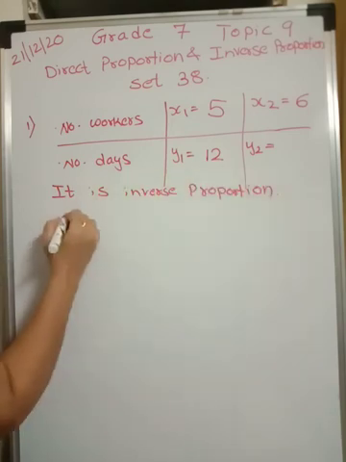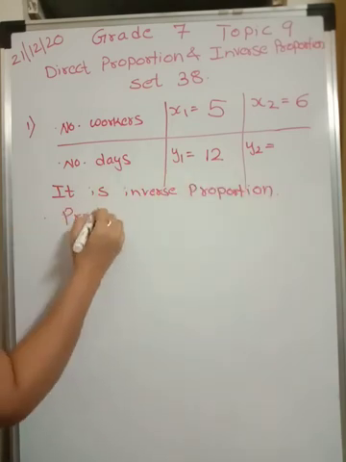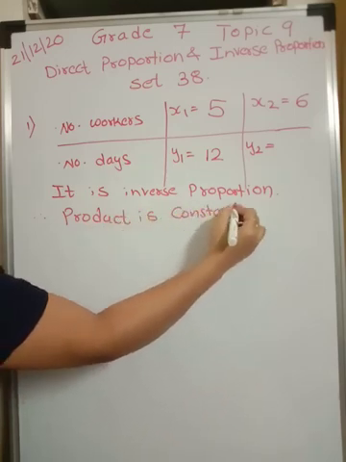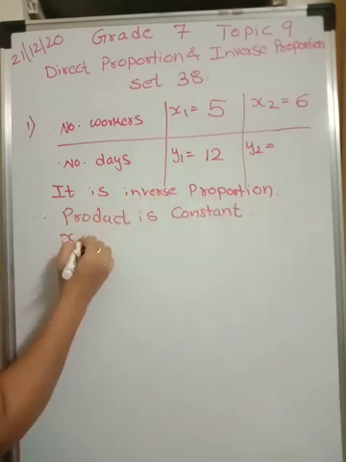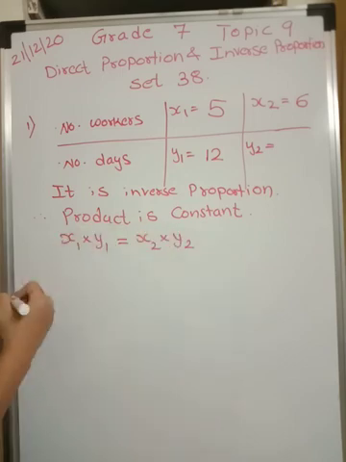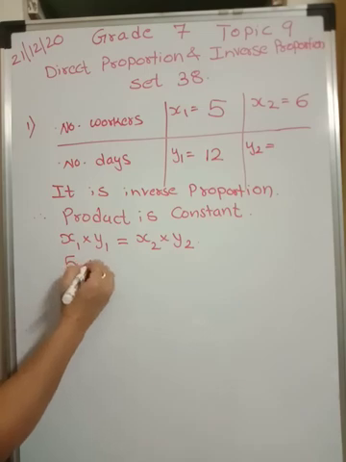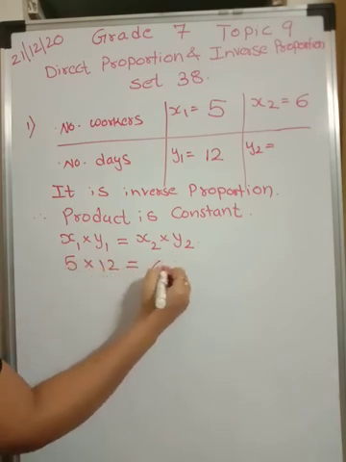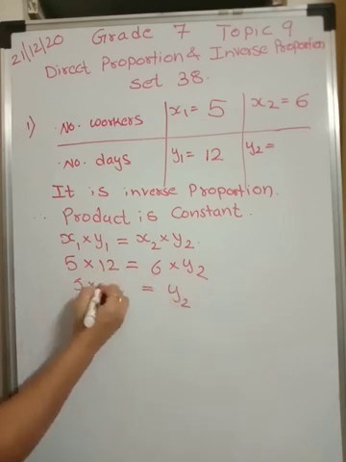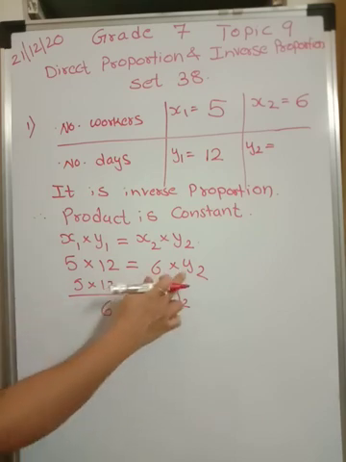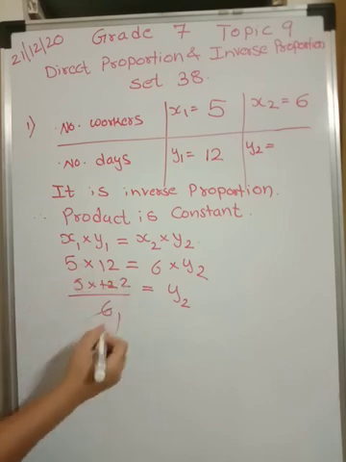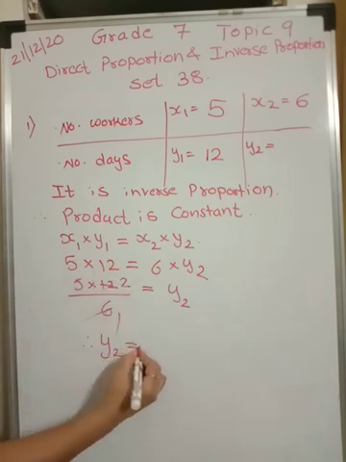Now in inverse proportion, what is constant? Product. Therefore, product is constant. Immediately write, what do you mean by product? x1 into y1 is equal to x2 into y2. And now substitute. How much is x1? 5. How much is y1? 12. x2 is 6 into y2. I want to find y2. It will be 5 into 12 upon 6. Here it is multiplication, 6 shifted, so it went into division. 6 ones are 6, 6 twos are 12. 5 into 2 is 10 and therefore y2 will be equal to 10.